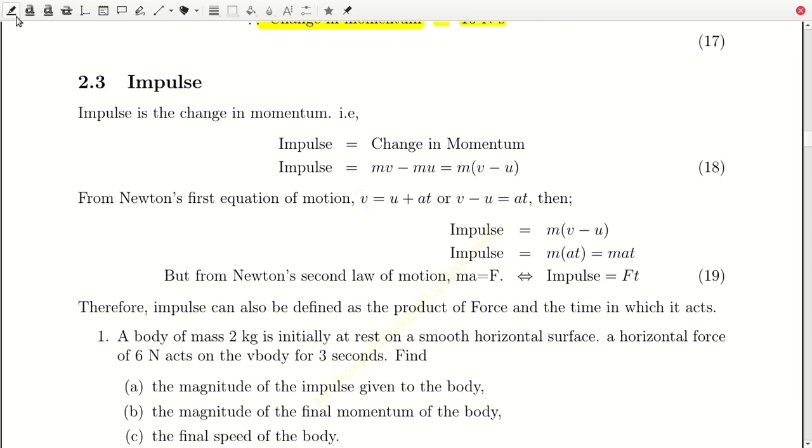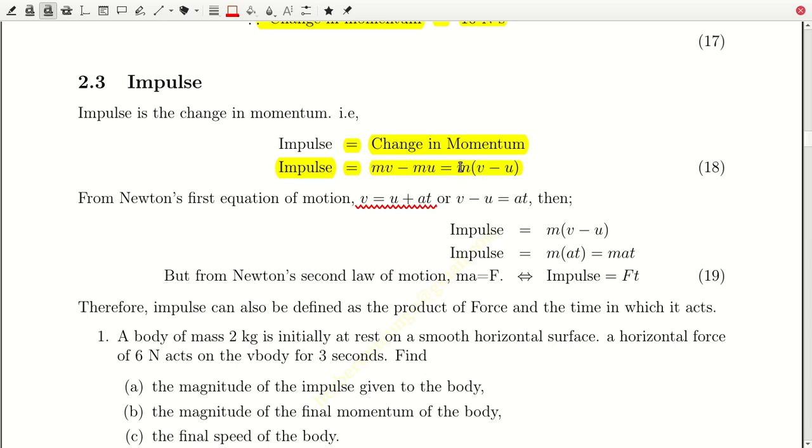However, if you simplify it, if you say impulse is change in momentum and you substitute here, you factorize out m, and then you substitute for v minus u from Newton's first equation of motion, which we know as v equals u plus at. That's Newton's first equation of motion. So when we substitute it there,